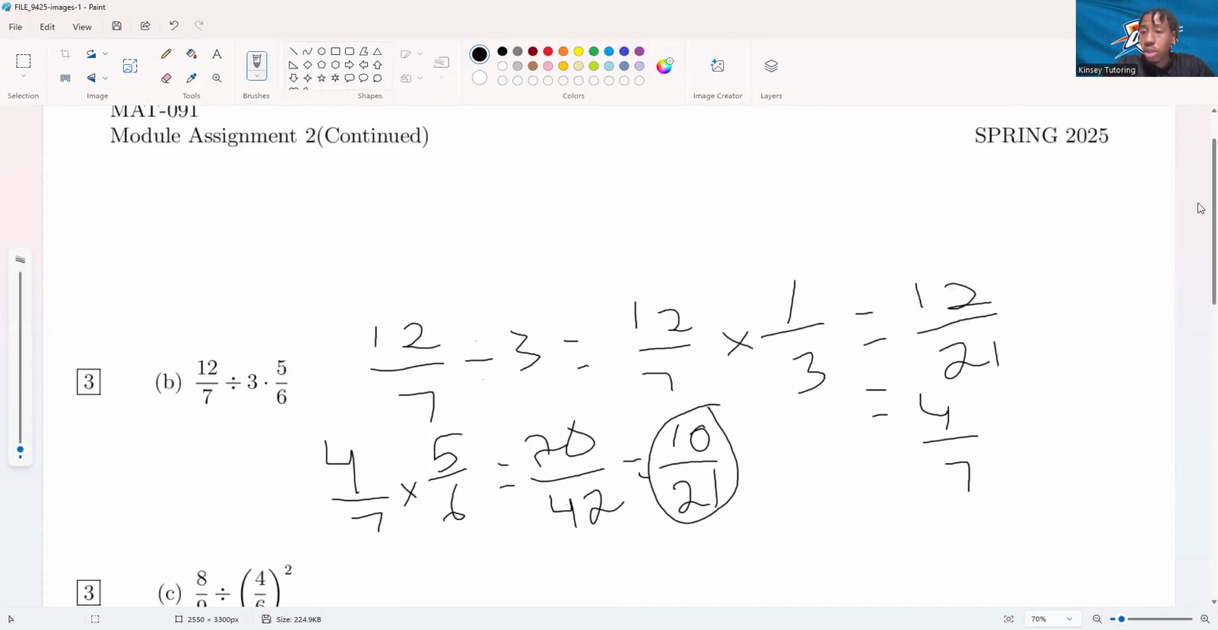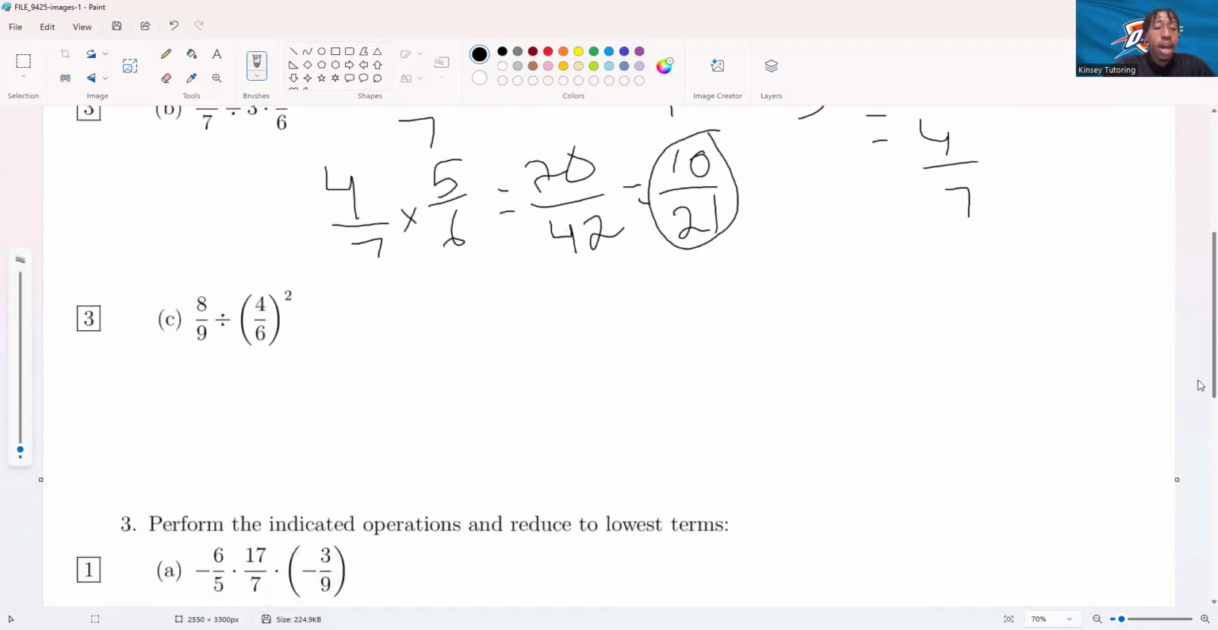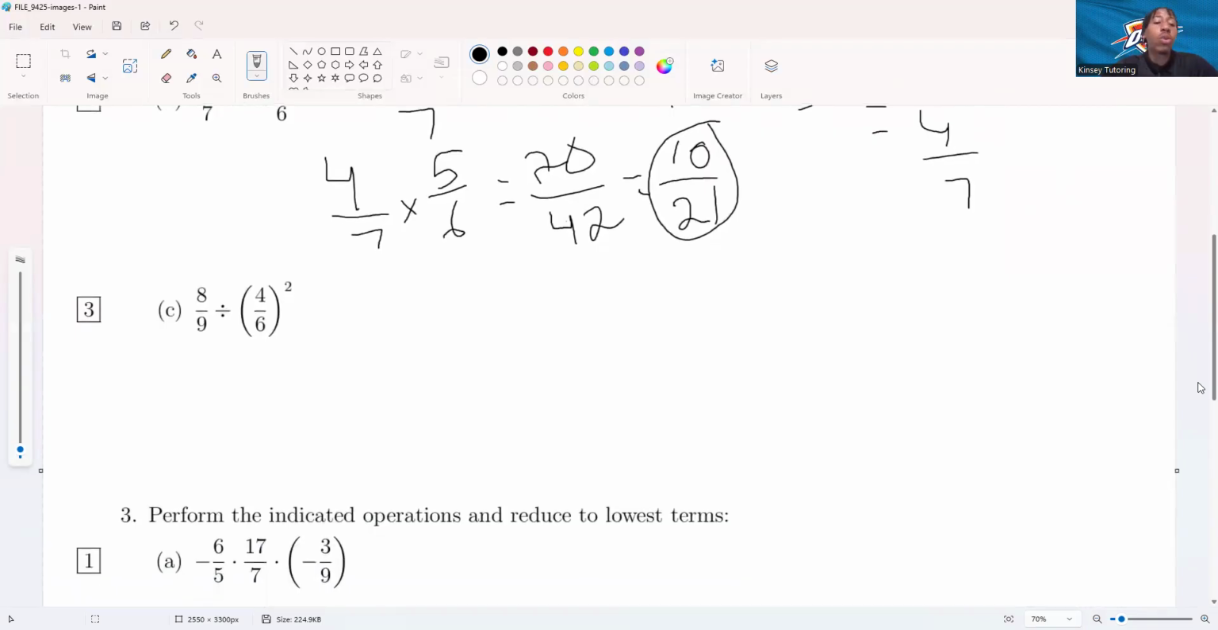All right, so question 3C, we have 8 over 9 divided by 4 over 6 squared. So again, with PEMDAS, parentheses, exponent. So we're going to deal with the parentheses and the exponent first. All right, so we have 8 over 9 divided by, so we're going to do 4 squared over 6 squared,